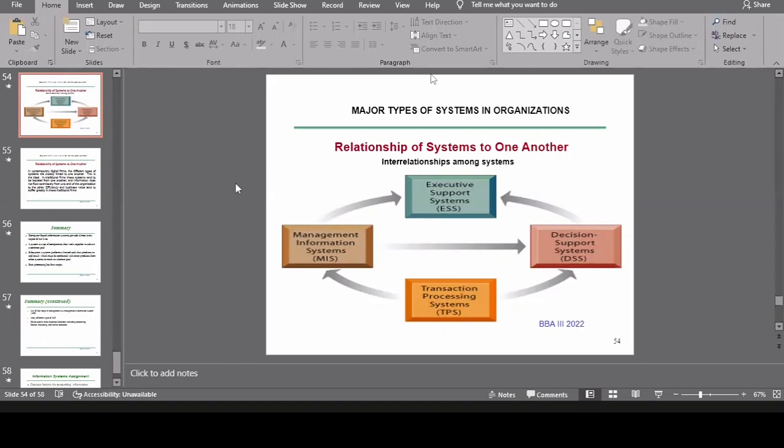However, in my own opinion, I expected some arrow to run from the transaction processing system direct to the executive support system. Your network is breaking, Dithane. I'm using headsets. What I'm saying is, in my opinion, I expected some arrow to run from the transaction processing system to the executive support system, in a sense that